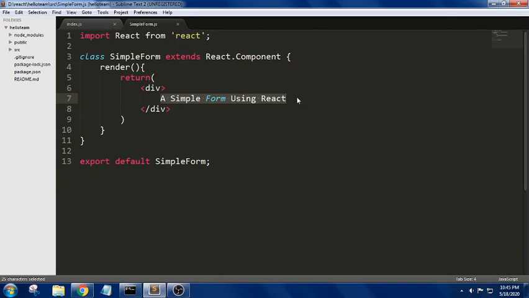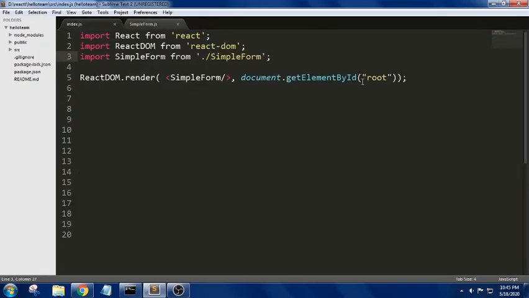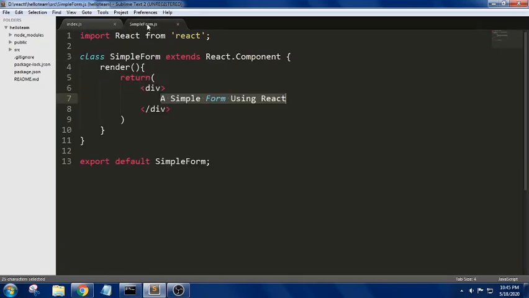Now if you can see here, we have taken a class component, and we are trying to render in a root container which is defined in index.html. We are trying to print this JSX element, a simple element. Now inside this render method,